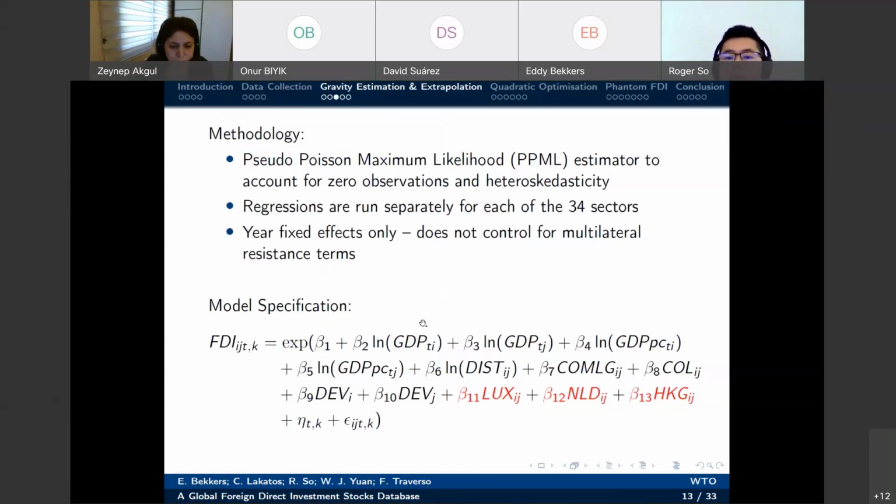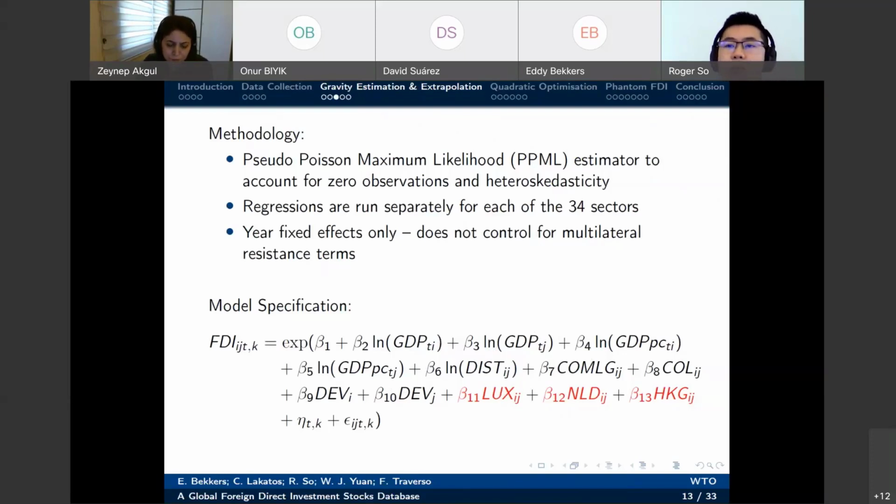They include the log of GDP at the host and source country, log of GDP per capita at the host and source country, the log of distance, common language, colonial relationship, the developing country status at the host and source countries. And so far, all of these variables, in black, are exactly the same as those adopted in